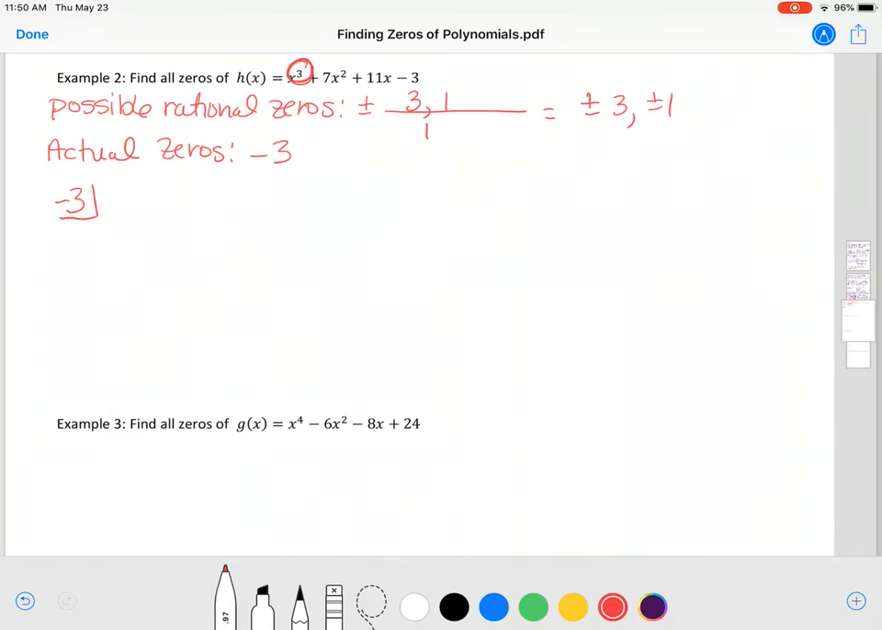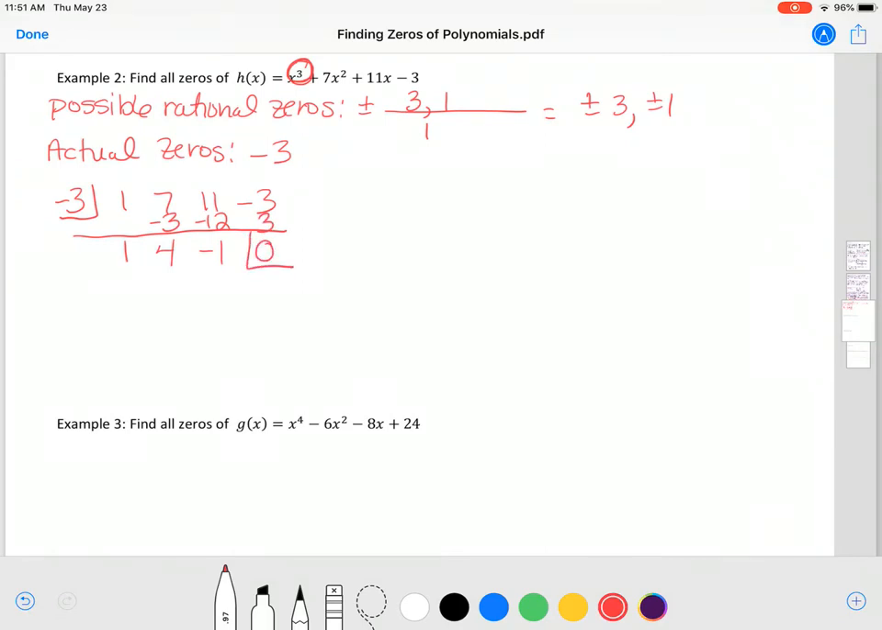So my coefficients of my polynomial are 1, 7, 11, and negative 3. So I'm going to bring down the 1, and I have negative 3 times 1 is a negative 3. The 7 and the negative 3 gives me a 4. Then I have the negative 3 times the 4, that gives me a negative 12. And when I add those up, that gives me a negative 1. And when I take negative 3 times negative 1, that gives me a positive 3,